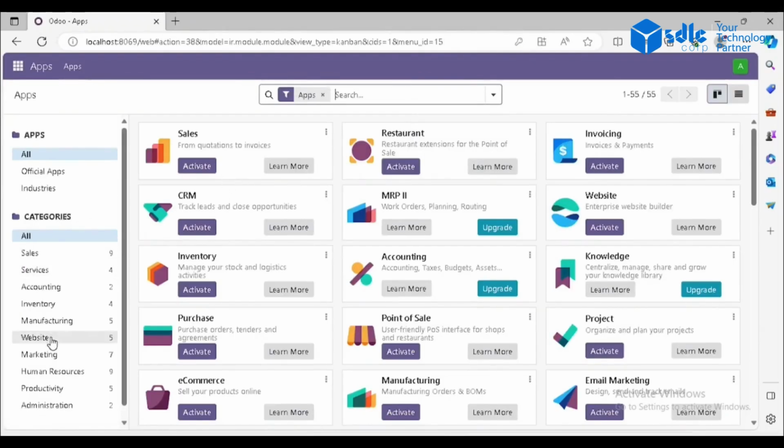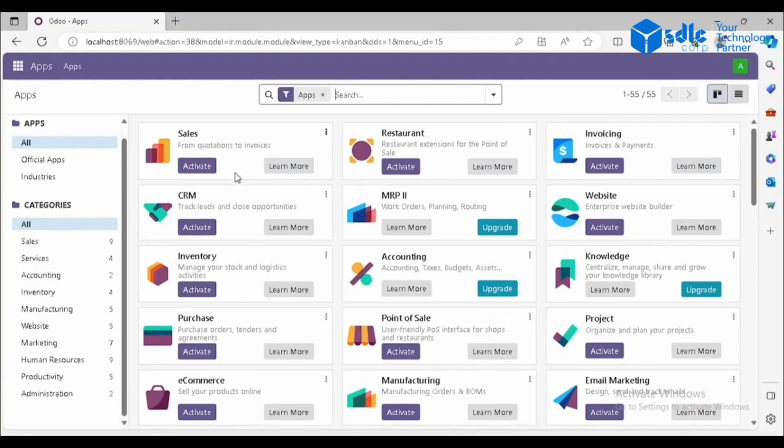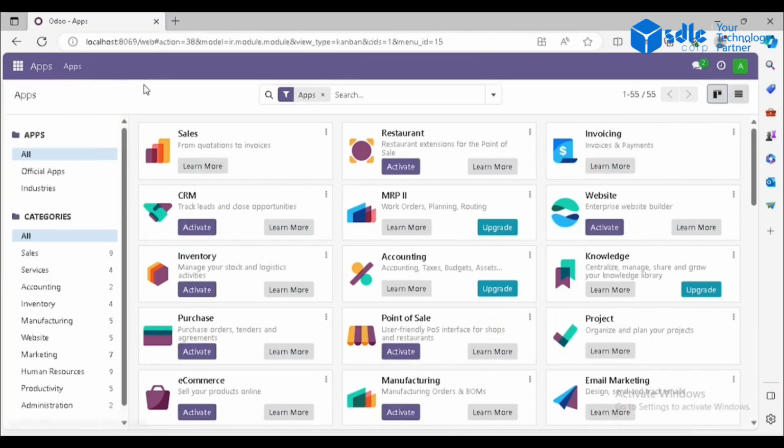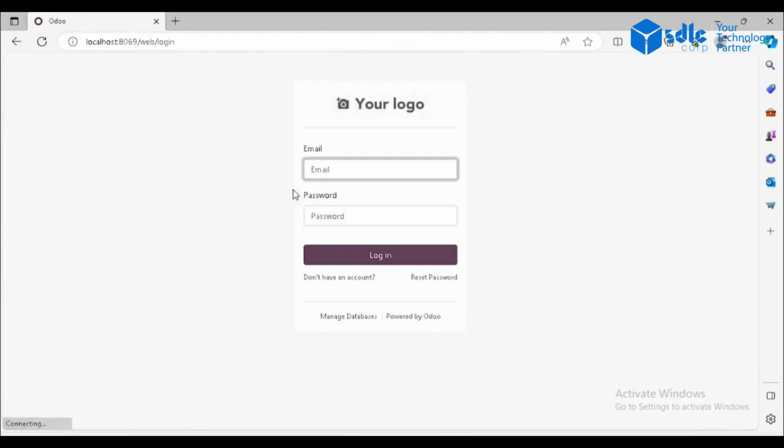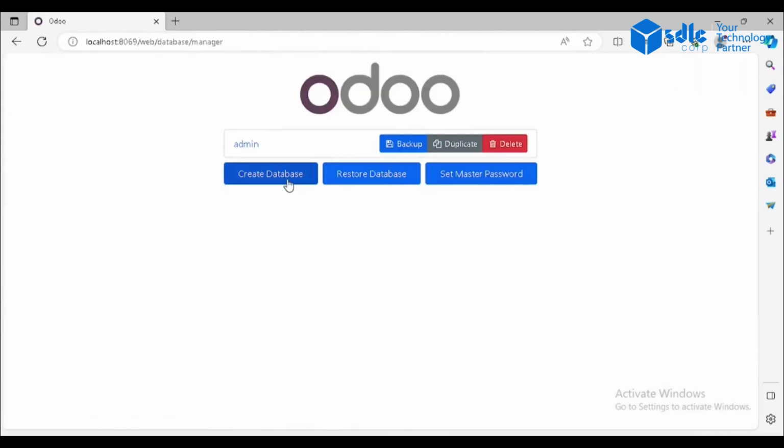So just log in, and this is our app. These are various categories that we can activate. So in manage database we have